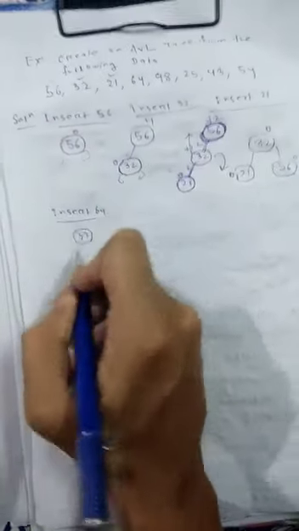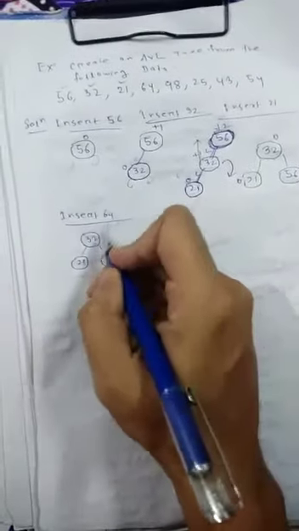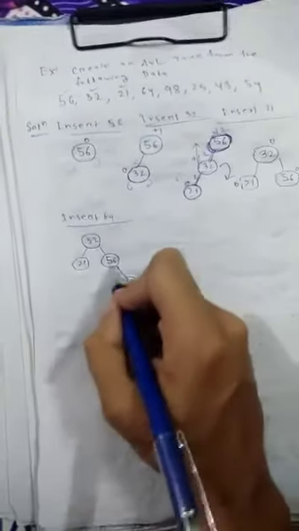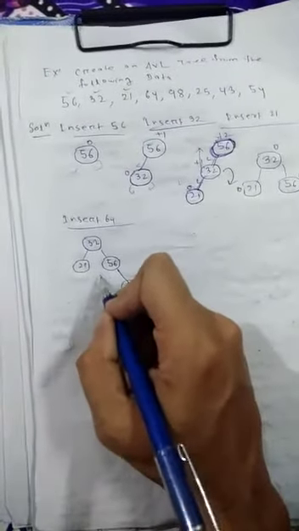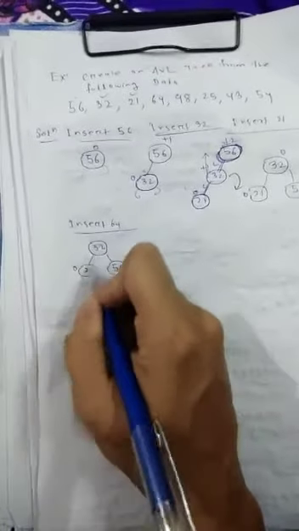Initially this is your tree: 32, 21, 56. 64 is greater than this, greater than this, so 64 goes here. Then what is the balance factor here? Here it is 0. Here there is no left subtree, so 0 minus 1, this is minus 1. Here 0, and here 1 minus 2.